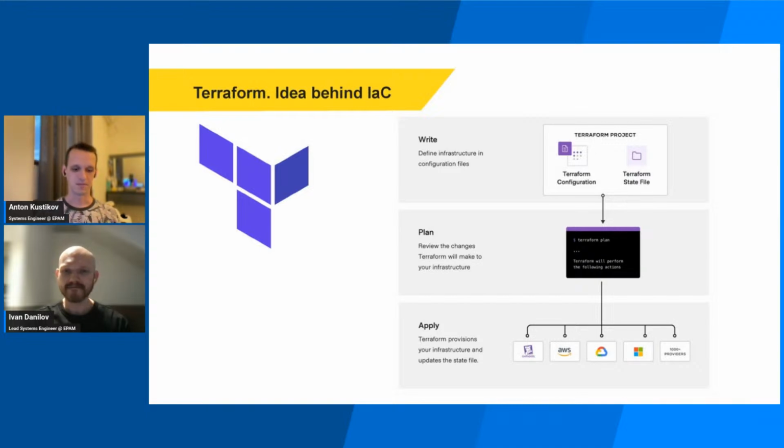Another thing is that Terraform also stores the state of all of the resources it created. So,